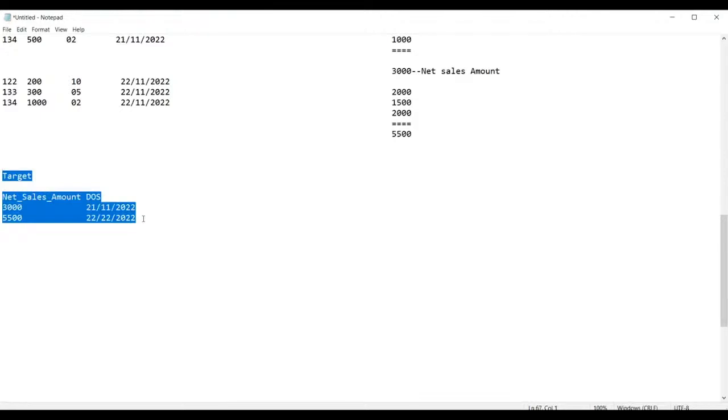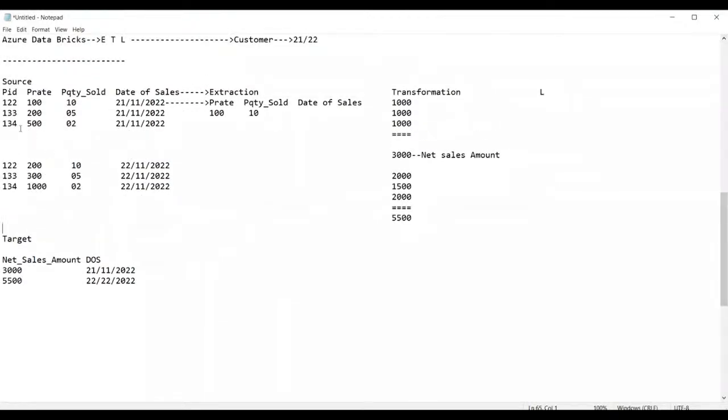Now, can you see this entire thing? What we have done is we have transformed this much data. The data of two tables I have transformed into one table in a summarized manner. So this data, you can report to the customer, stating that this is the difference of sales between the 21st and 22nd day of November 2022. Am I right, guys?